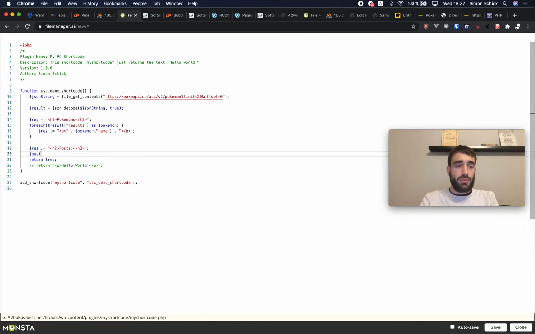Create a new variable, posts, and save into it the result of, now it gets a bit longer,